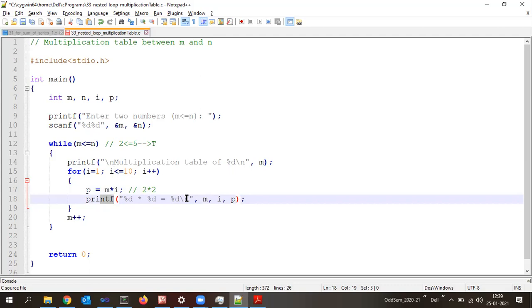Then I becomes 11. At that time, I less than or equal to 10, that is 11 less than or equal to 10, becomes false. Once this becomes false, it skips the for loop. After skipping the for loop, where does the control go? Outside the for. Outside the for, what is the statement? M plus plus. Now